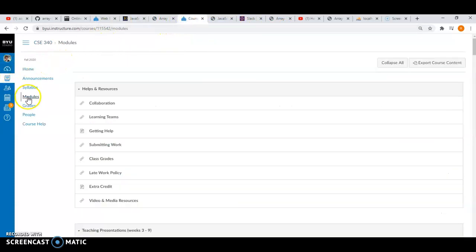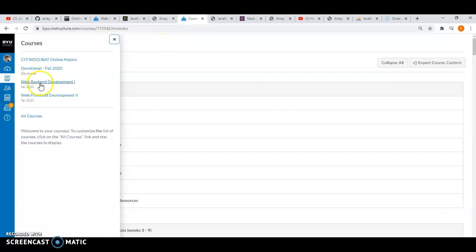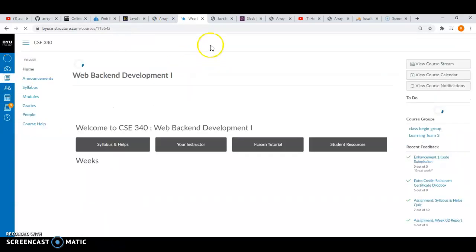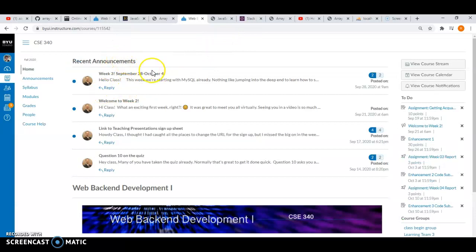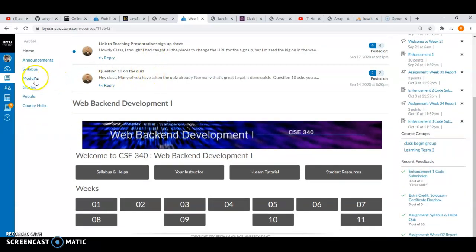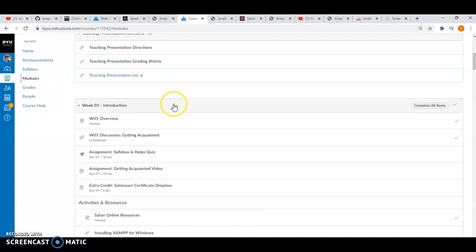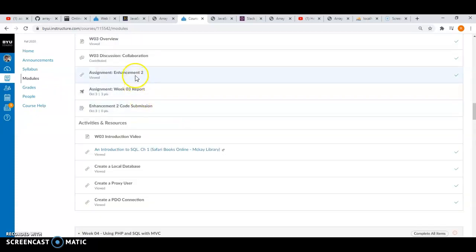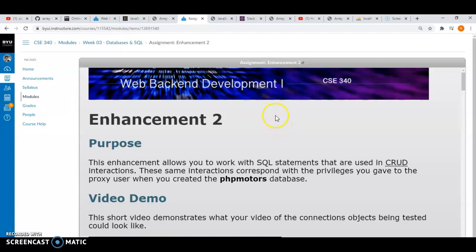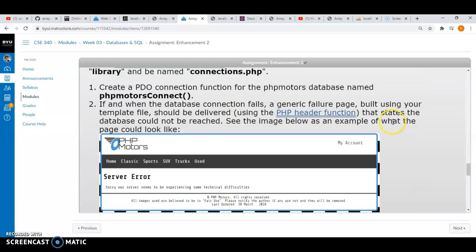Let's get back to that. Oh, got there. Modules. Enhancement 2. Then we're at